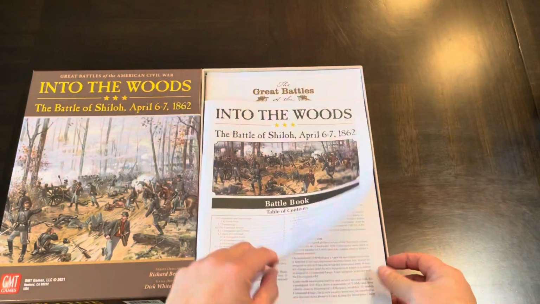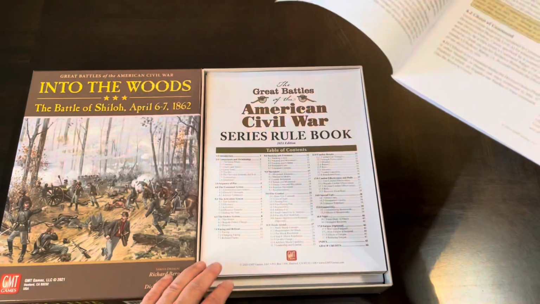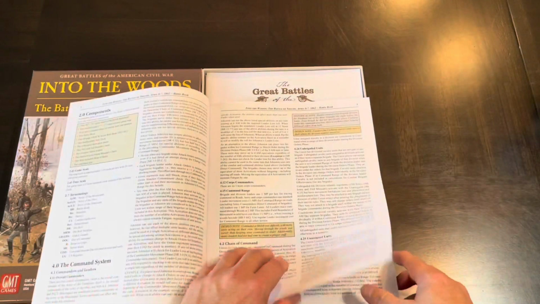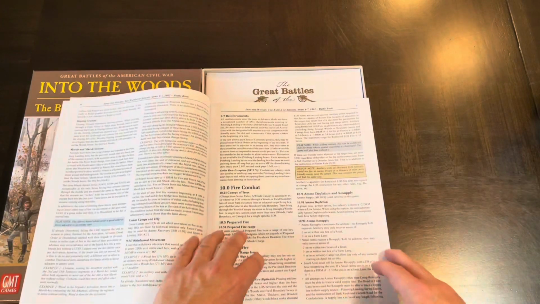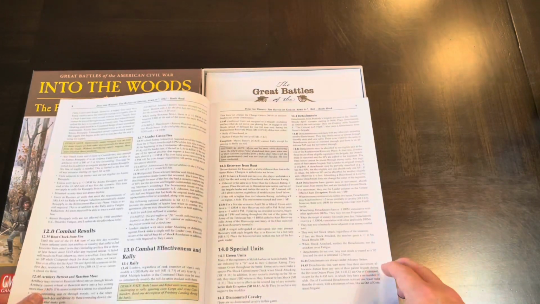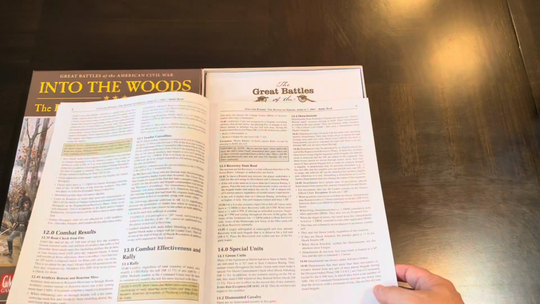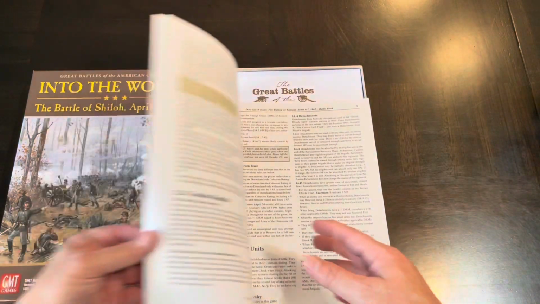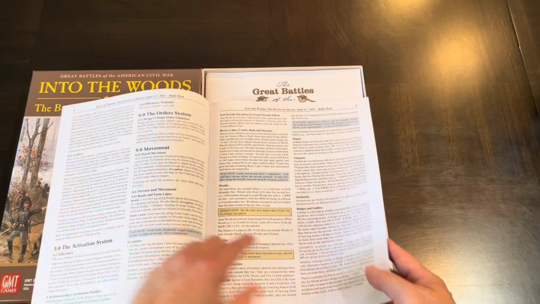And of course, the battle book's going to have the rules that are significant or special to this battle, to this series, this game in the series. So you're not getting all the different rules. You're just getting the ones that are changed in here. So that's why it goes to 5, 6, it skips to 9,